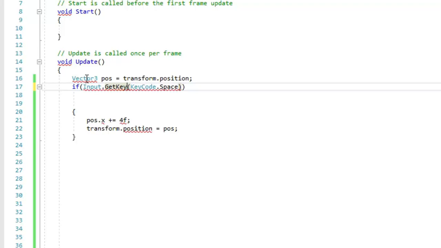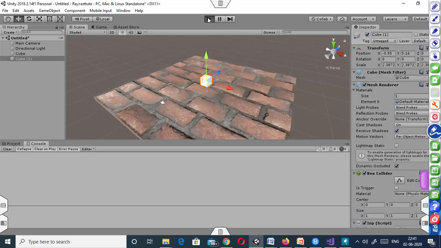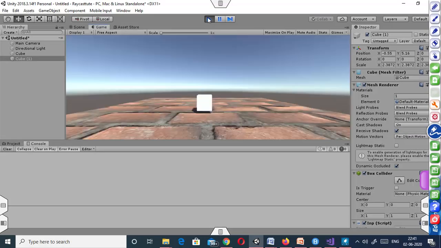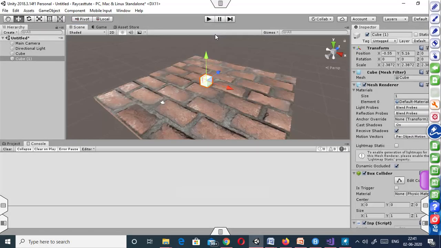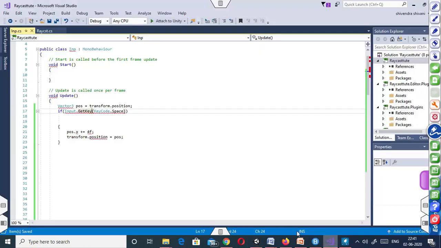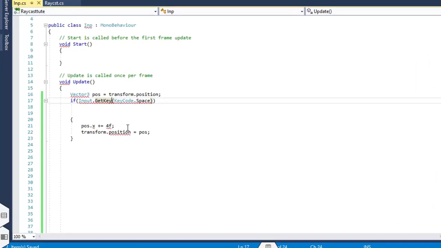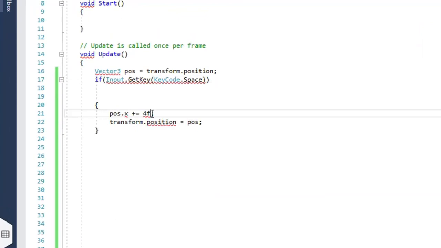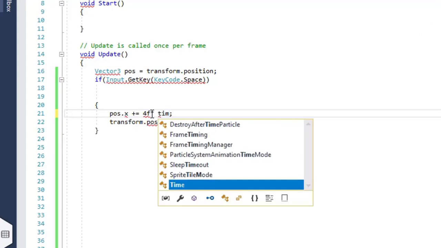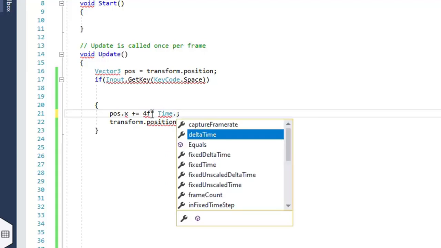Whenever get key is true, it will increment the x position value by 4 units continuously. Now if I check it, oh, it's very fast. So we can reduce the speed of this cube by using Time.deltaTime.